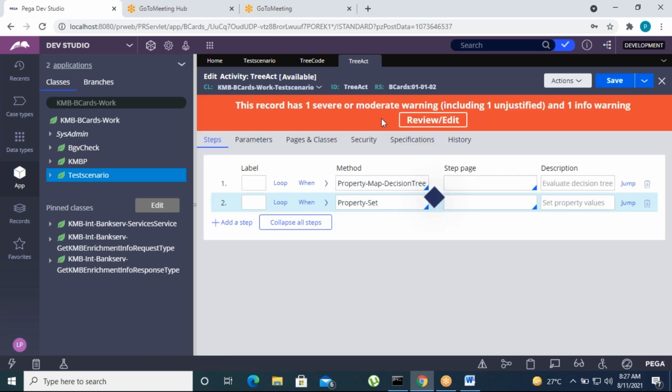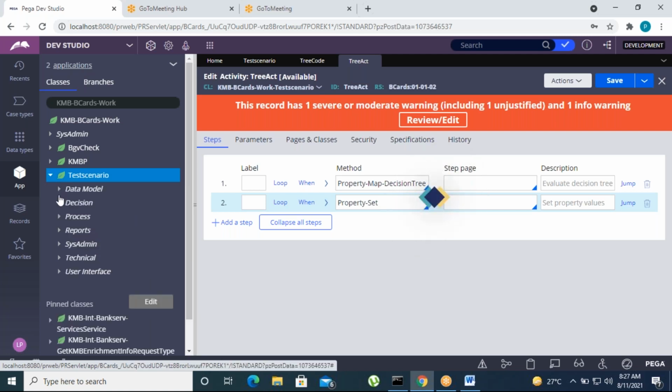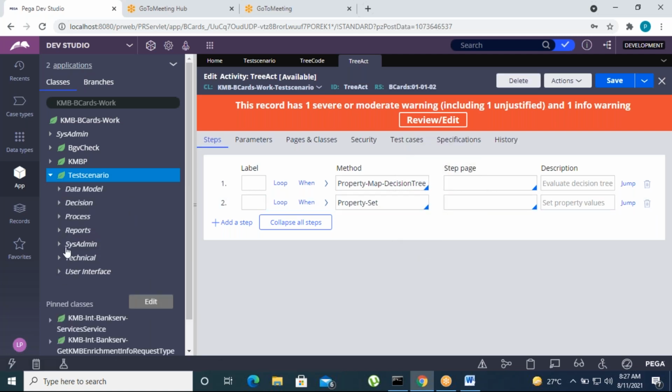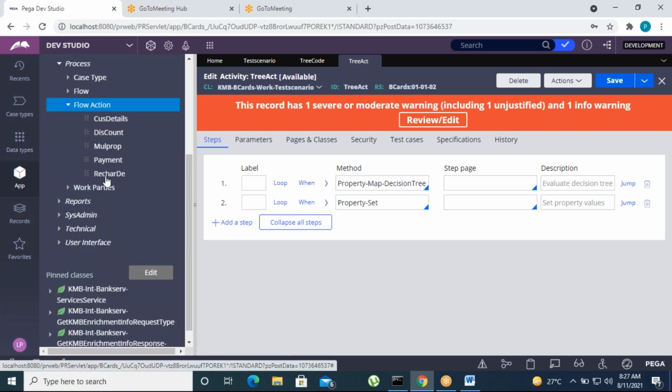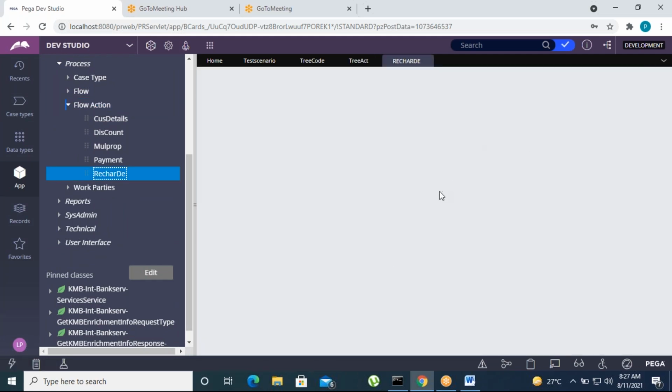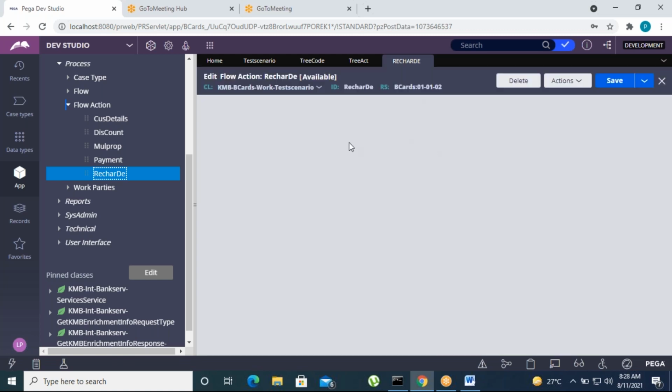So just call this activity into the flow actions. Which flow actions? We have some recharge flow actions and then payment flow actions, right? Anyone. In the recharge one, the table activity is already referred here, right? I'm going to delete it and then refer the tree activity.